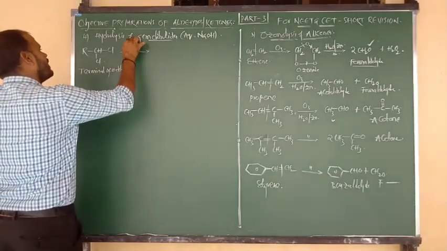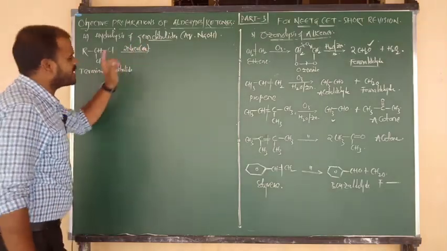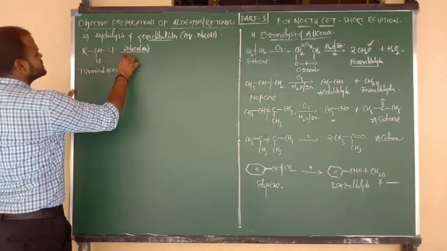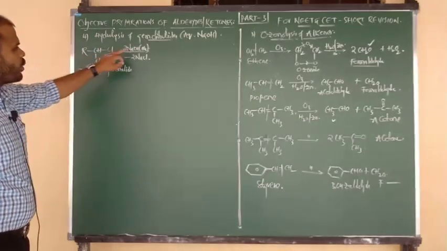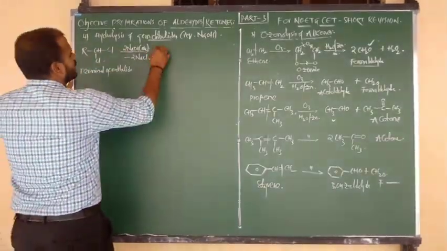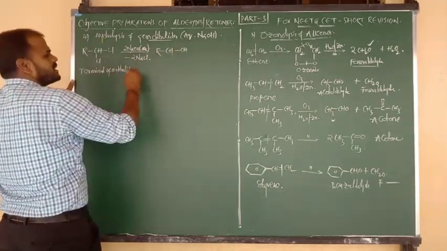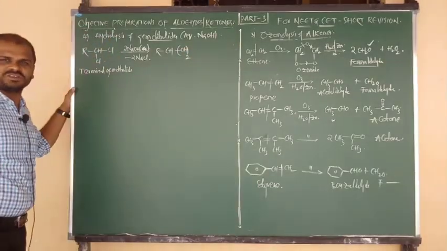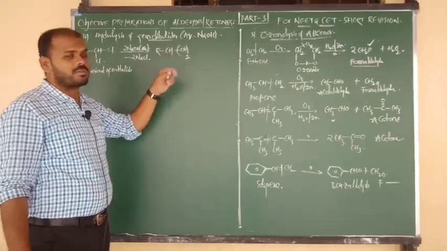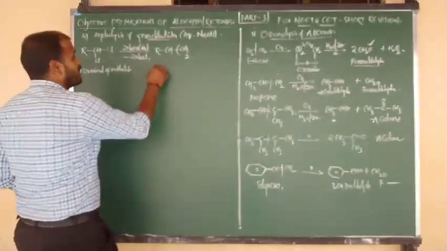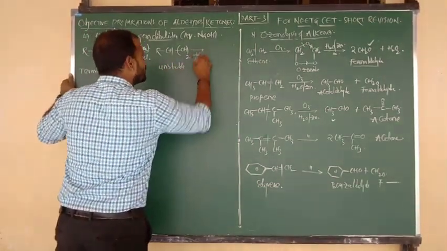You definitely require 2 moles of aqueous NaOH because 2 chlorine atoms are there. 2 sodium combine with 2 Cl and are removed in the form of 2 moles of NaCl. Both the Cls are now occupied by 2 OH groups. So R bonded to CH, Cl replaced by OH, again Cl replaced by OH. 2 OH groups. But I have told you many times, if 2 OH or 3 OH are present on a single carbon, that is an unstable form,